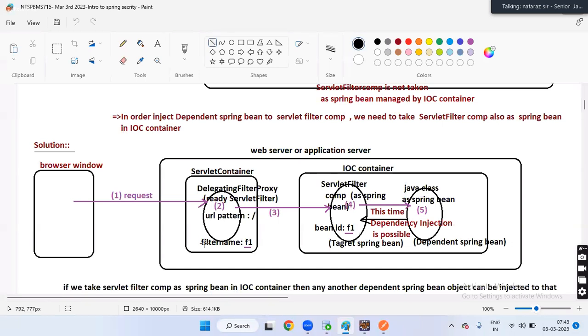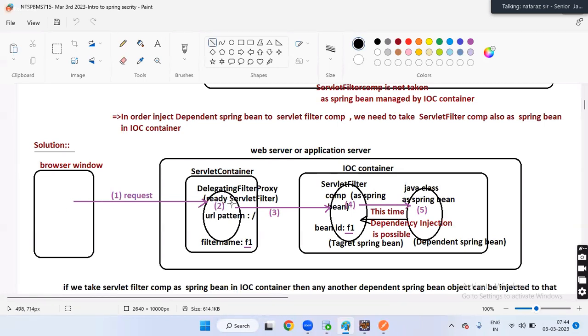Now look at the numbers, guys. Number one, a request is given. Since the delegating filter proxy has the /URL pattern, it traps and takes all the requests.